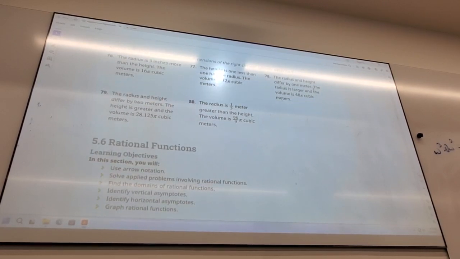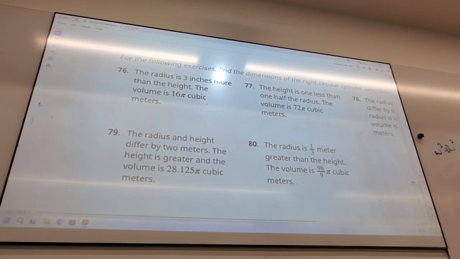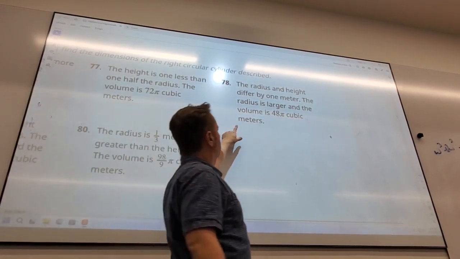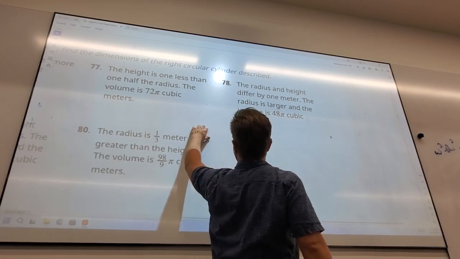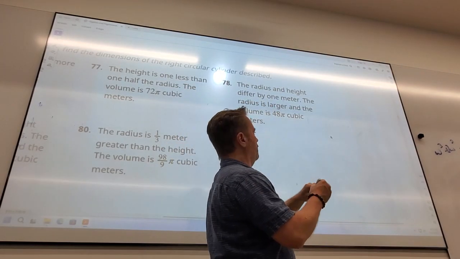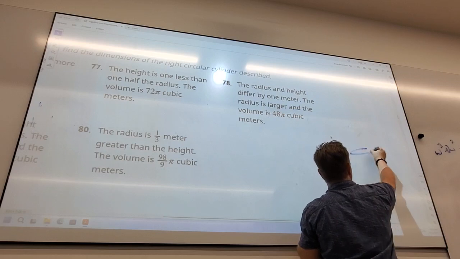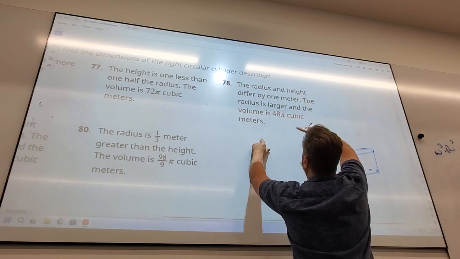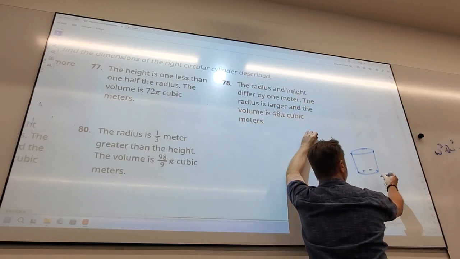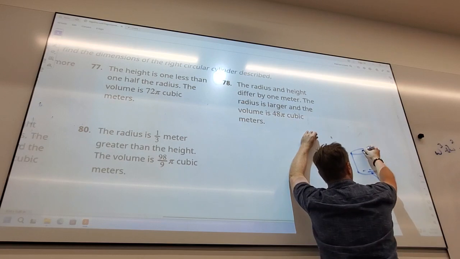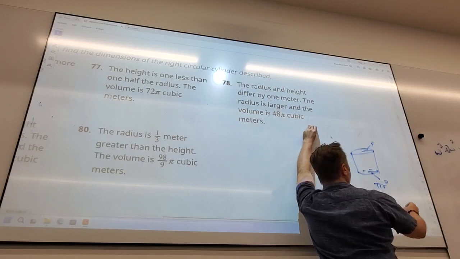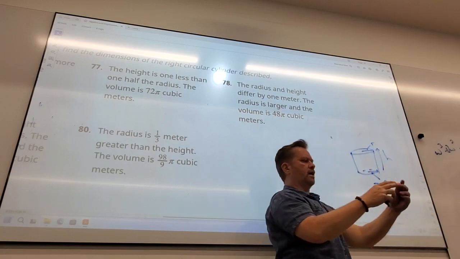This one here, the one about the radius and the height. Yeah, okay. So let's see, right circular cylinder. If you look in the section, I think they give this to you, but the formula for the volume of a right circular cylinder. What's the area of the base? Right, it's a circle, so let's say this is R. Pi r squared. Good, pi r squared. And if this is H, think of this as